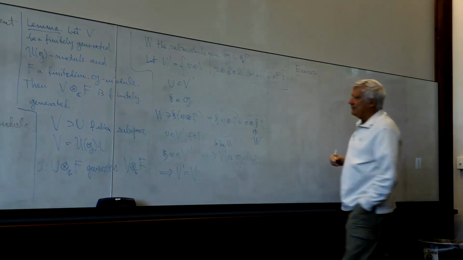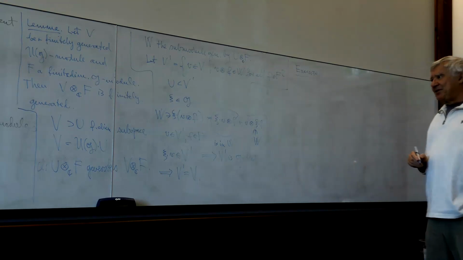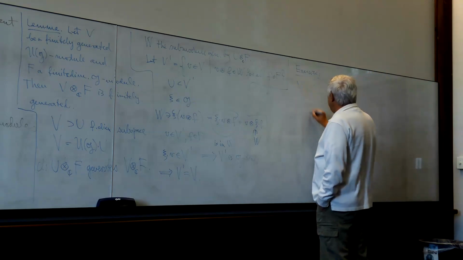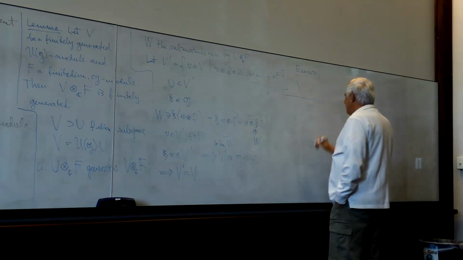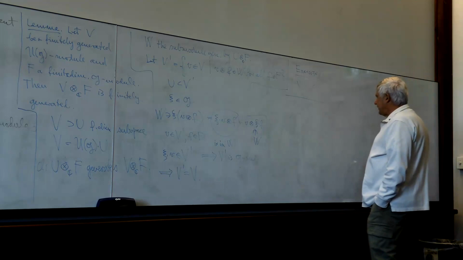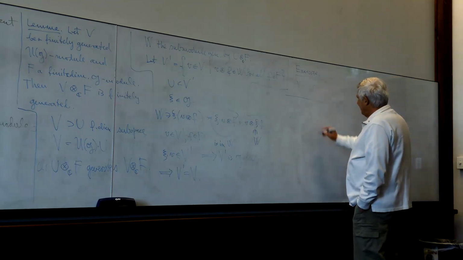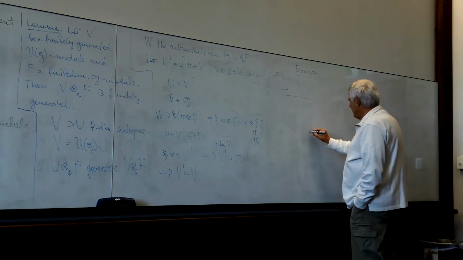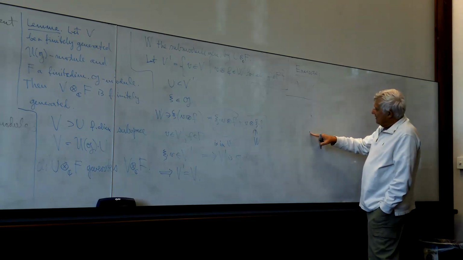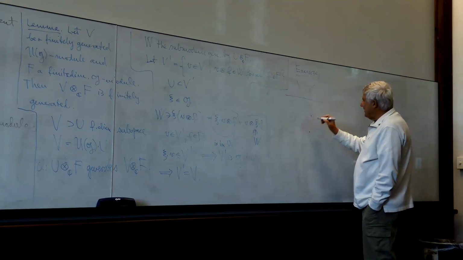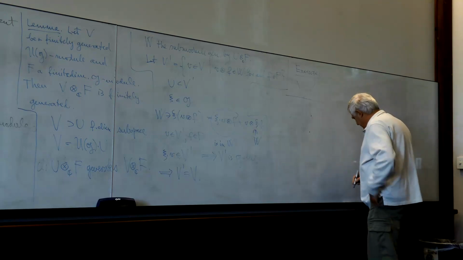Since I use this argument and Chris used the argument, I don't want to do it again. Remember what was the idea of our proof of equivalence of categories. We were considering, in general, say, if we have a picture like this, we have some singular weight, and then we subtract a dominant weight, and we end up in the negative chamber, then we tensor with some finite dimensional representation,